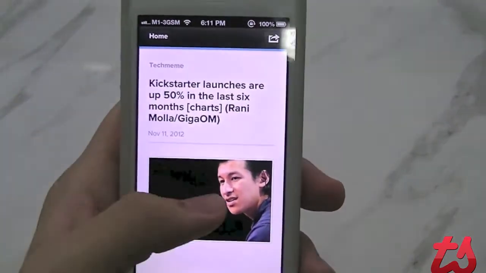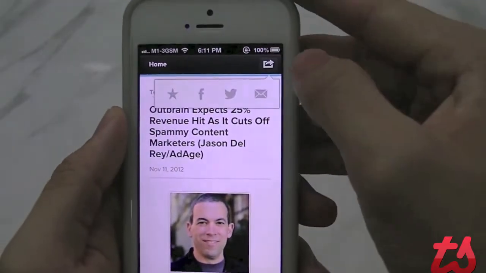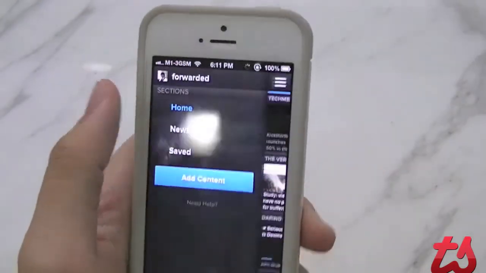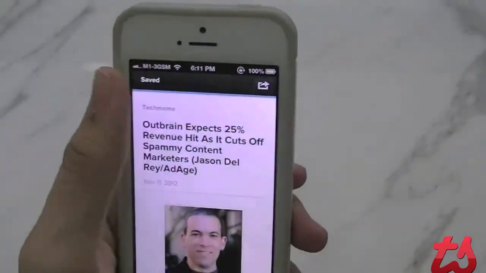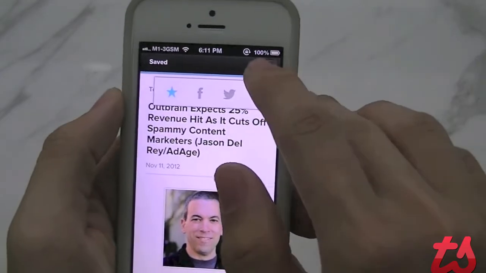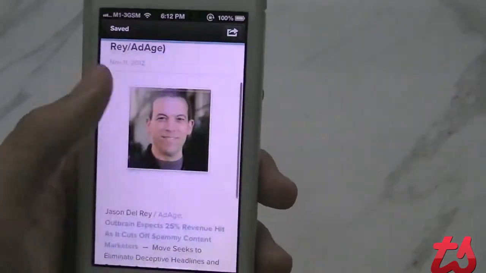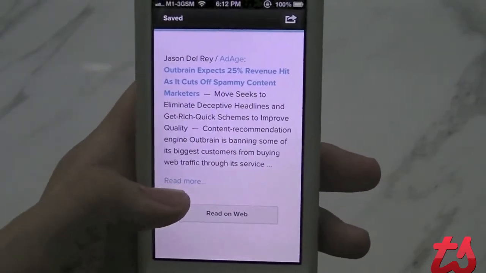And the moment you tap an article, you have the ability to swipe. On the very top here, you have the ability to share it. If you star it, for example, you will be able to go to the star section and read the article from there. From the star section, you'll be able to share it on Facebook, on Twitter, or email it to someone. If, for example, the article is really long and you want to read it from your original source,